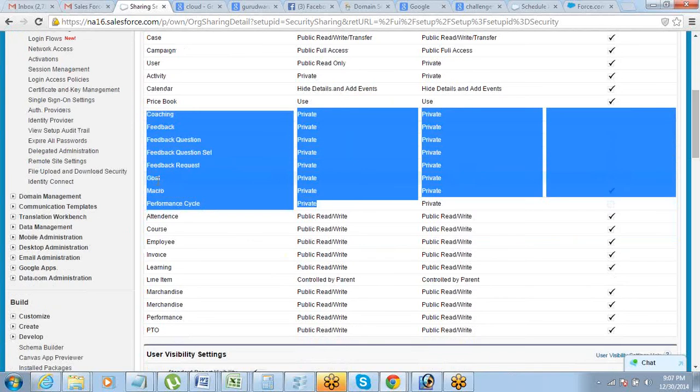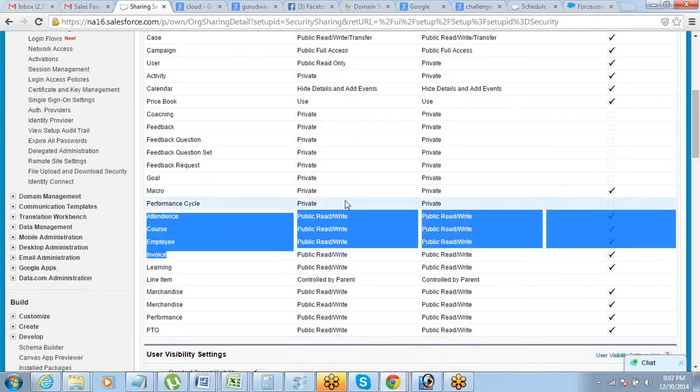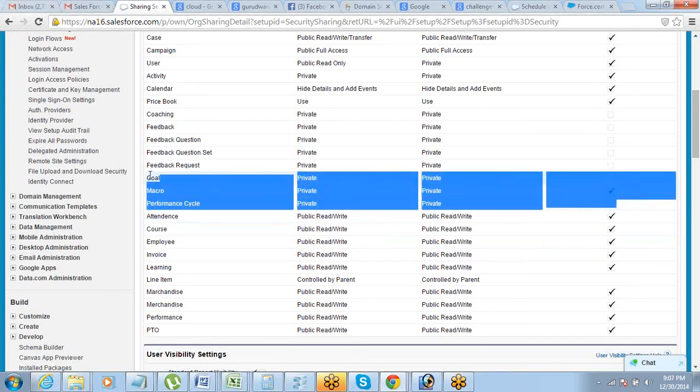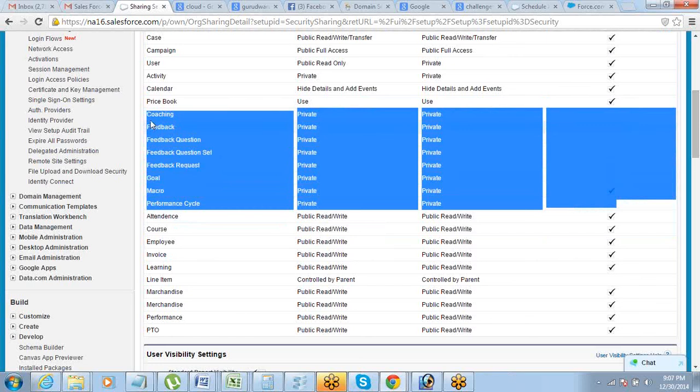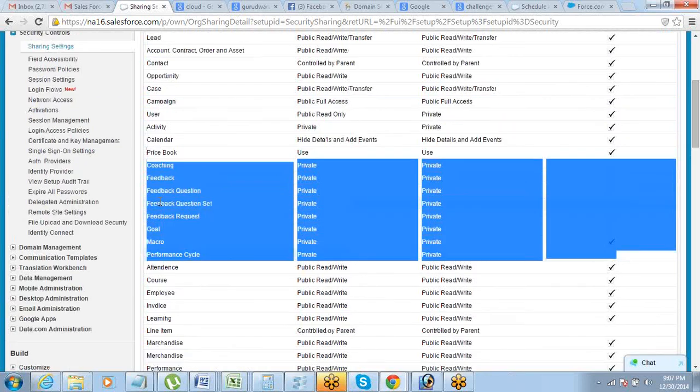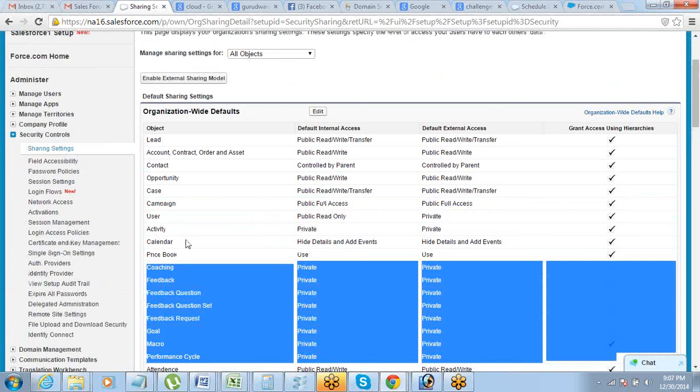This is the one. These are the objects in that. These are all the ones that you have created, but this is the one that Salesforce has created by default, which has this from coaching till the performance cycle. Okay. So almost on similar lines we have also designed. All right. So that's a different thing altogether.